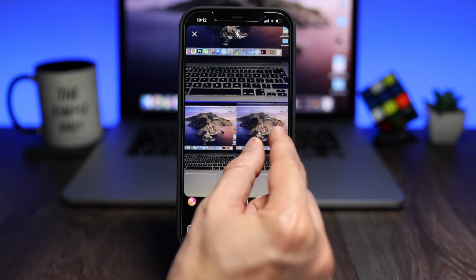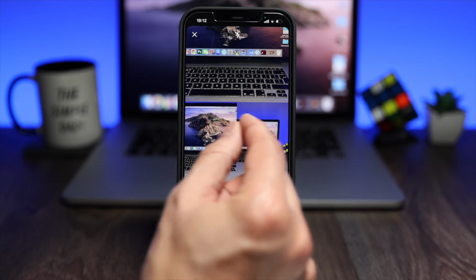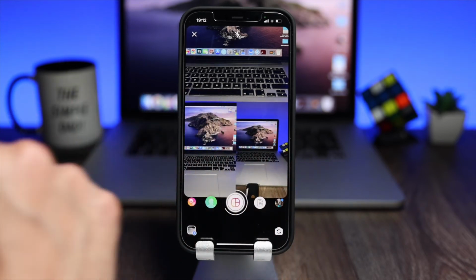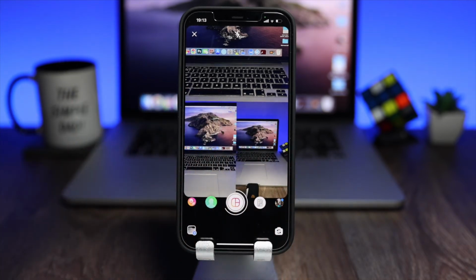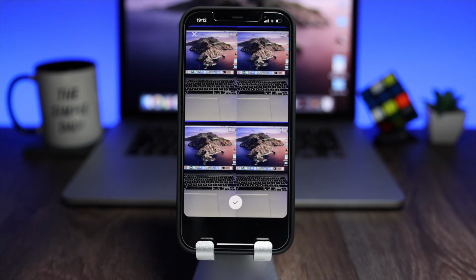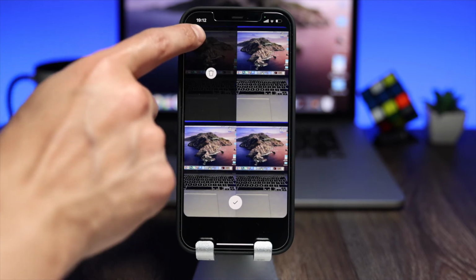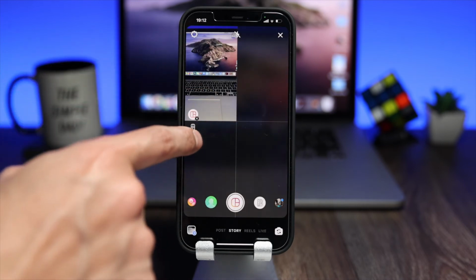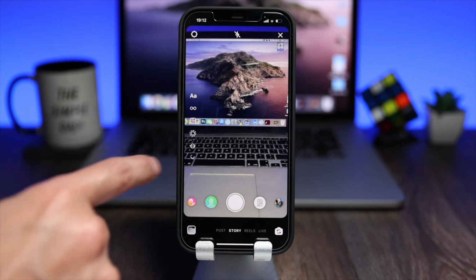You can zoom in or zoom out to each box to have a different composition. If you don't like the photo, you can tap on it to delete it and retake or upload a new one. And once you're done, you can then post it to your story. And there you go. If you love your collages, you love the new Instagram layout mode for stories.